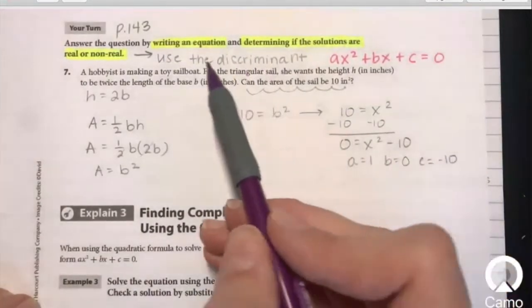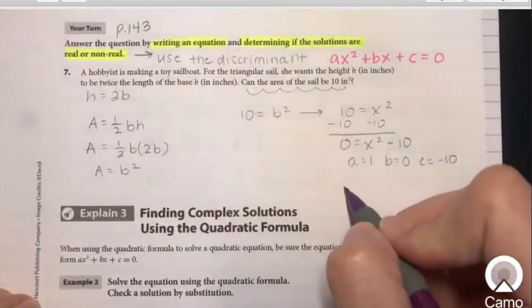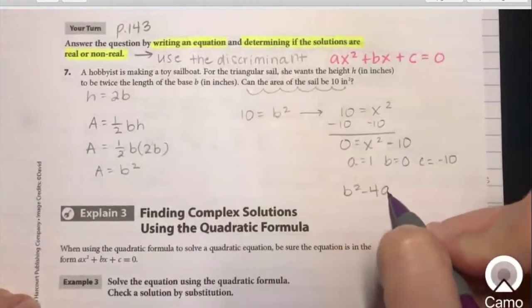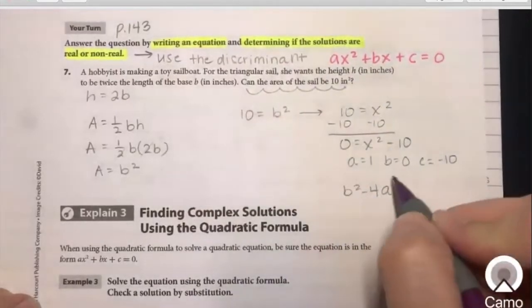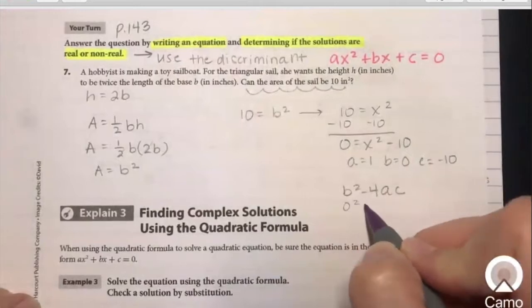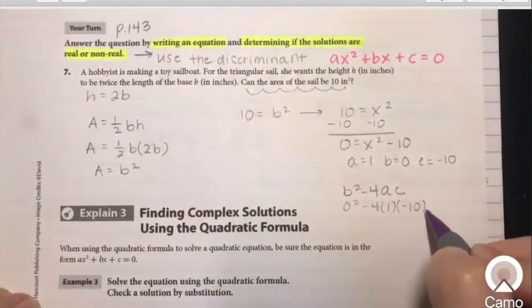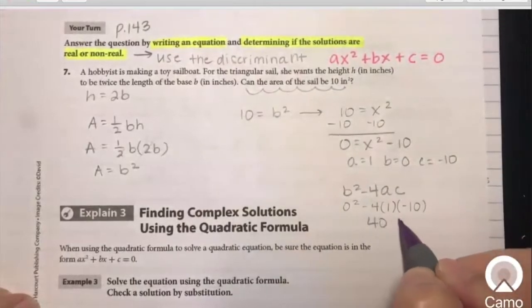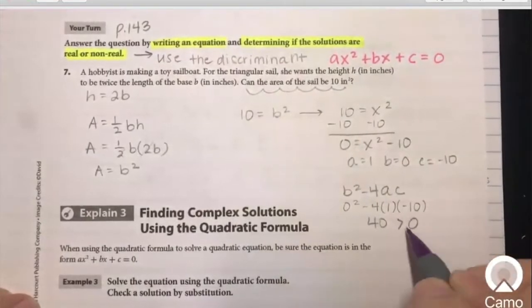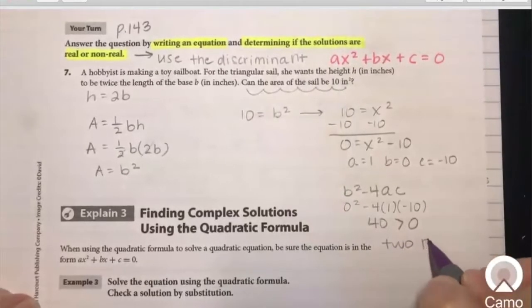So now in order to use my discriminant, I just have to plug in a, b, and c into b squared minus 4ac and see what I get. See if I get something greater than 0, equal to 0, or less than 0. So b is 0, so 0 squared minus 4 times a, which is 1, times c, which is negative 10. All of this will simplify to 40. So I get something that is greater than 0, which means I have 2 real